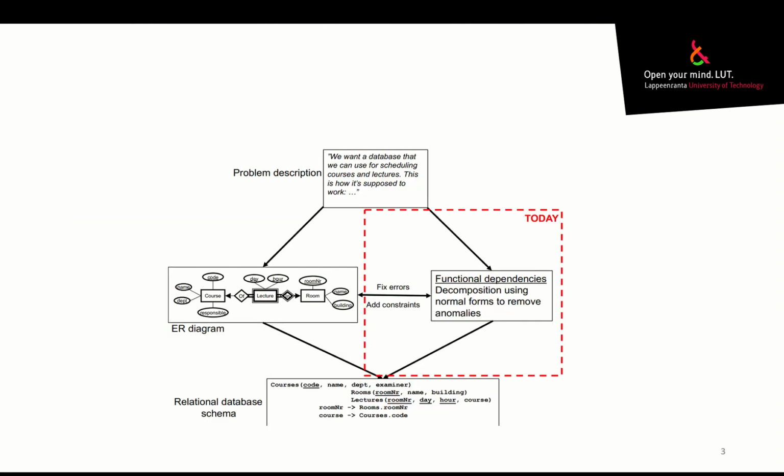So this basically summarizes what we will be discussing. We want to design, for example, a scheduling database where we will have tables for lectures and courses. It shows the ER diagram and the database relationship schema, and the goal is basically to fix errors and add constraints. And how do we do that? How do we make the database design better? How do we make sure that we are able to add constraints that will make our database design much